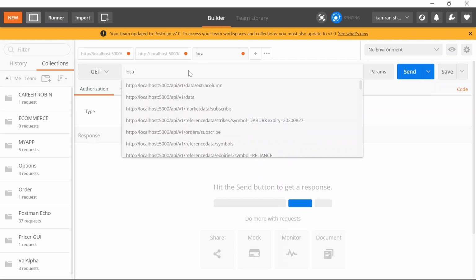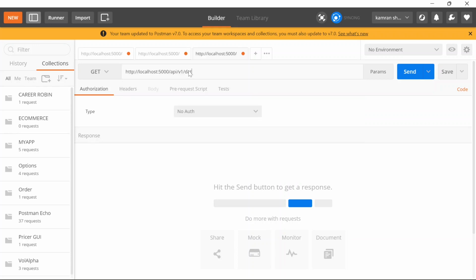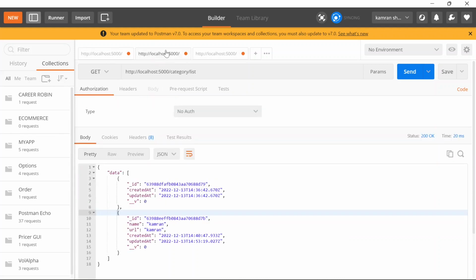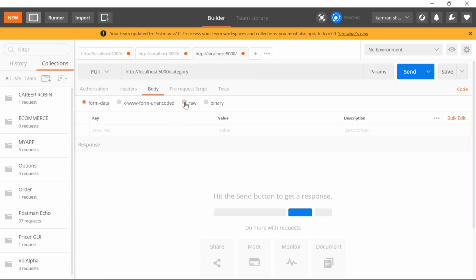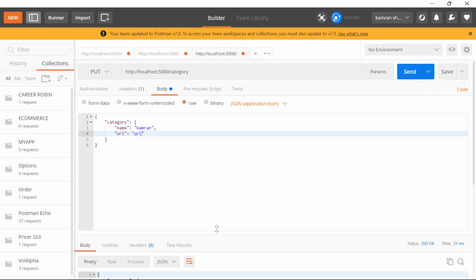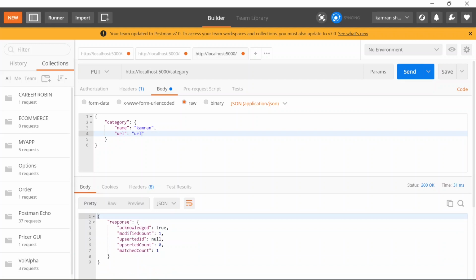And here I will say localhost and category, right? So category, and to update we have to use PUT, as we remember, and in the body we have to pass this body. So I will just copy paste this one, and in the body we are going to add JSON. So I can update the category on name. So I will update this URL. Instead of Kamran, I will pass URL as the URL. That's it. And once I hit send, in the response you will see that we got the response from the